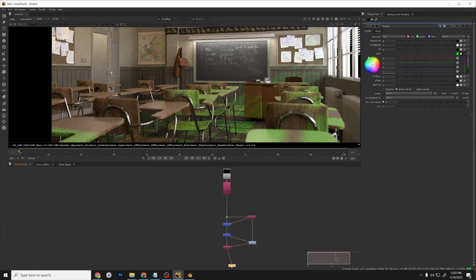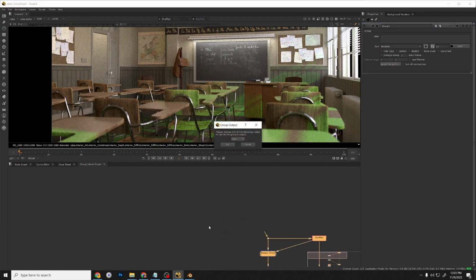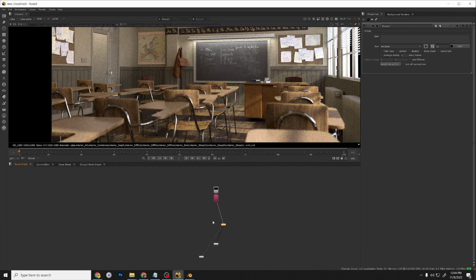Okay. Now I'm going to select my processing that I want to be in the macro. Press Ctrl G. It's going to ask for input and outputs. I'm just going to click OK. I don't care what they are right now. So as you can see, it created this group. If I select it and press Ctrl Enter,